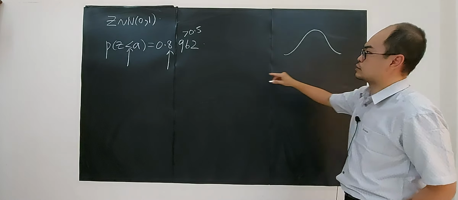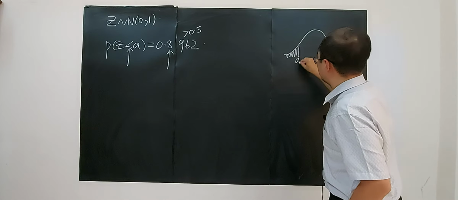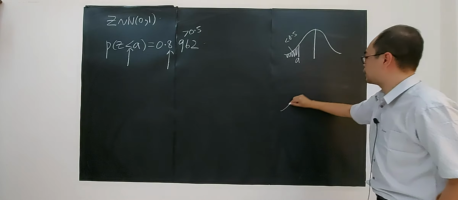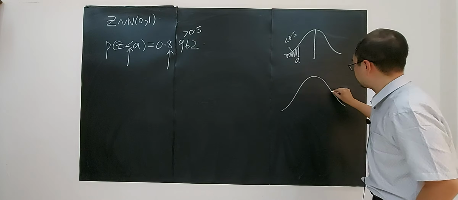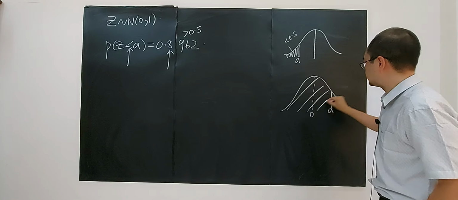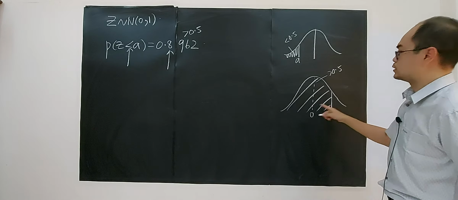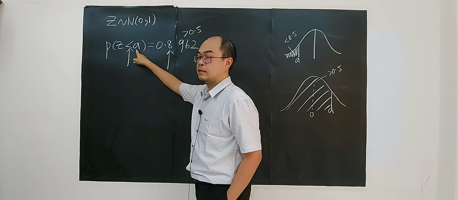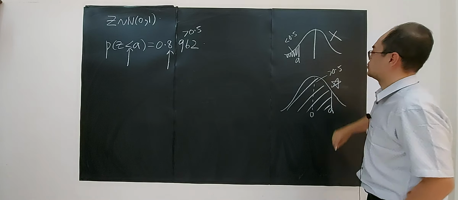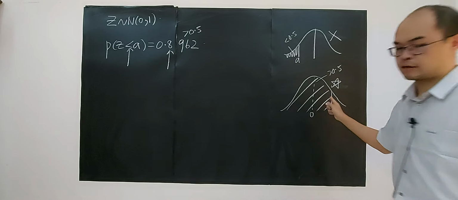So what is meant by less than? Less than can be the small side, so this is less than 0.5. Or maybe A is here, so that it makes the area bigger. Less than is on the left. So this one is more than 0.5. You see that for less than A, this is more than 0.5. So definitely it's this one. Not this, not this. The diagram for this is this one.